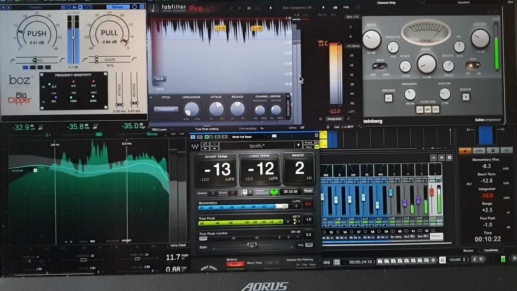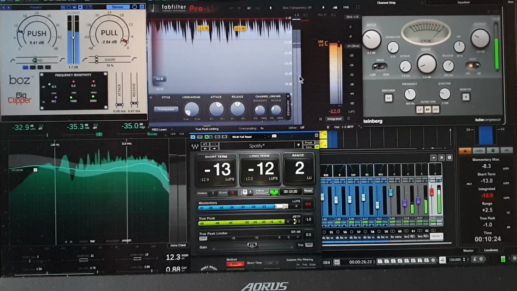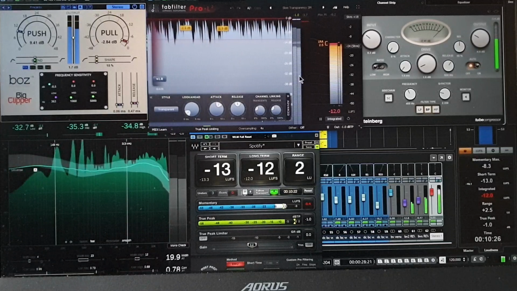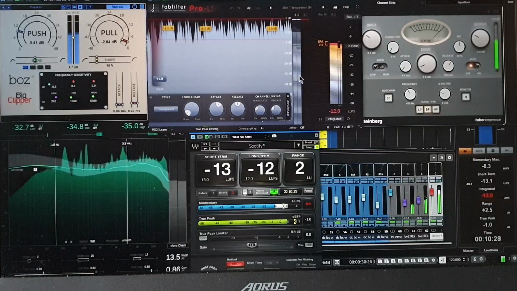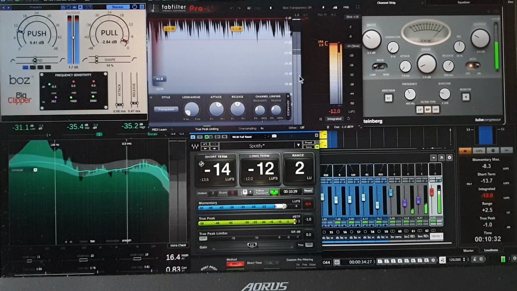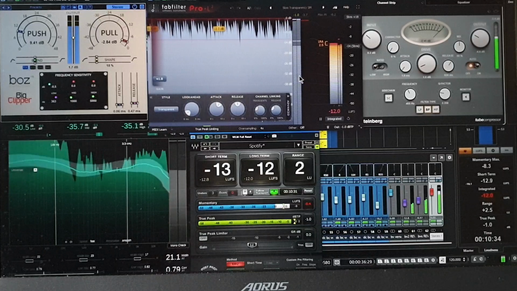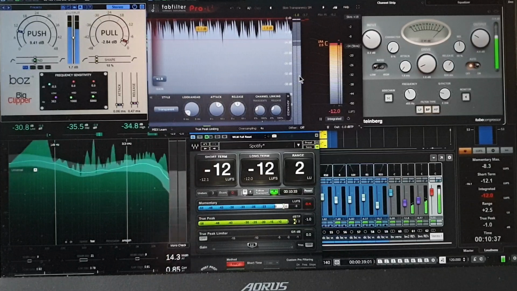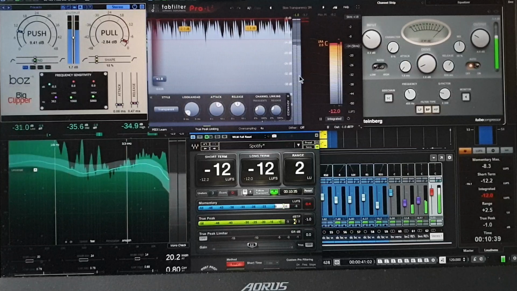So if you push something up, and then you put it onto Spotify or anything like that, and they use their limiting software to pull down the levels, then even though they're pulled down, because you have crushed the levels all the way up, that results in the sound sounding really strong.